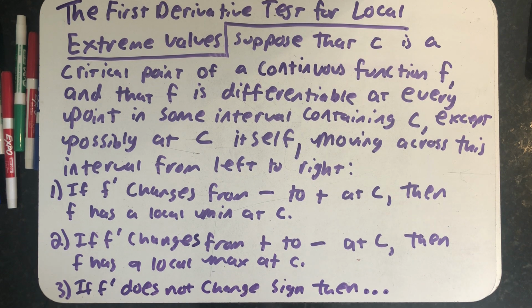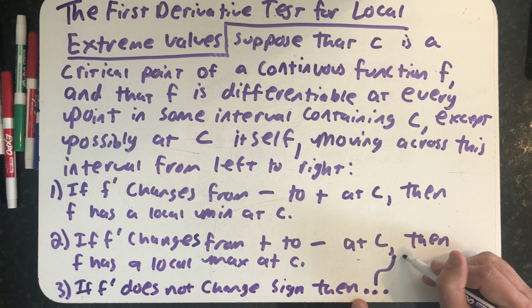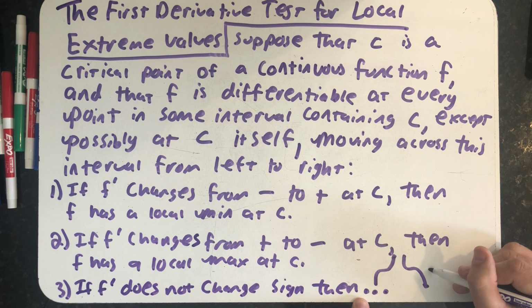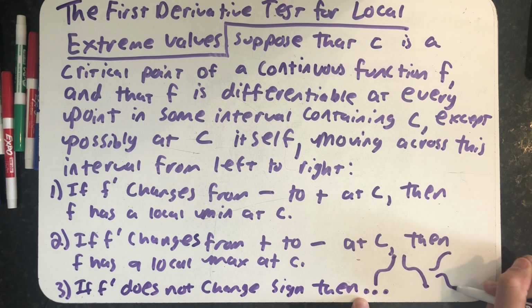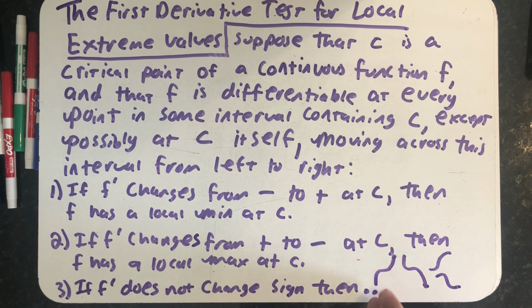Well, what it means is at that critical point, maybe I had a horizontal tangent line for a moment, but my function kept going up. Maybe it means I had a horizontal tangent line and my function kept going down. Maybe it meant I had a vertical tangent line like this. Those are still critical points where my first derivative doesn't exist or is equal to 0, but I either kept going up or kept going down, which means if I don't change sign at a critical point, there simply is